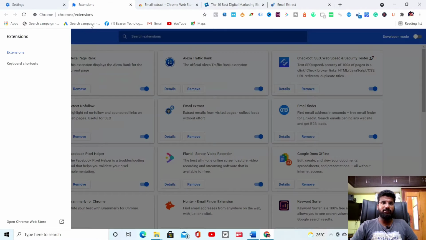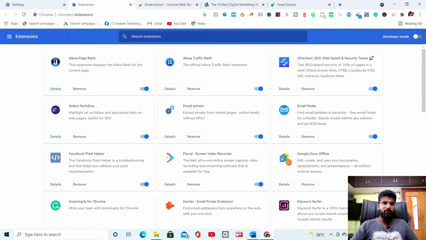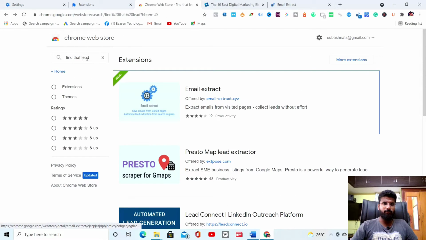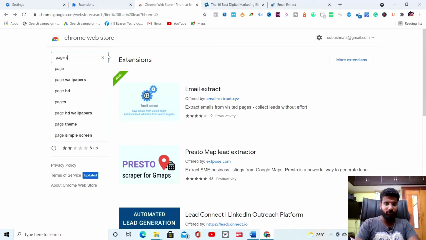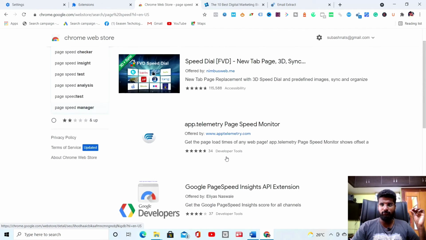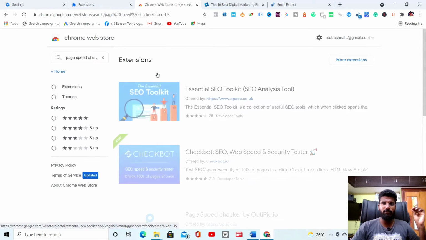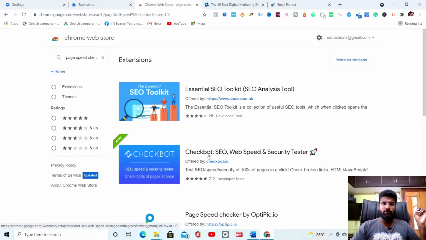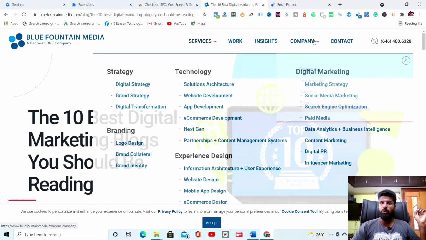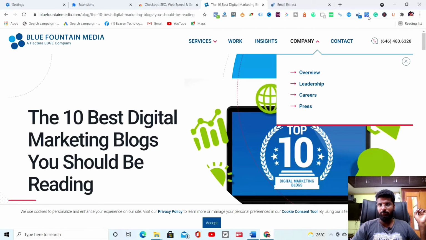Next extension is Page Speed. Page speed checker. Click Checkbot. Go to the blog and click Checkbot.